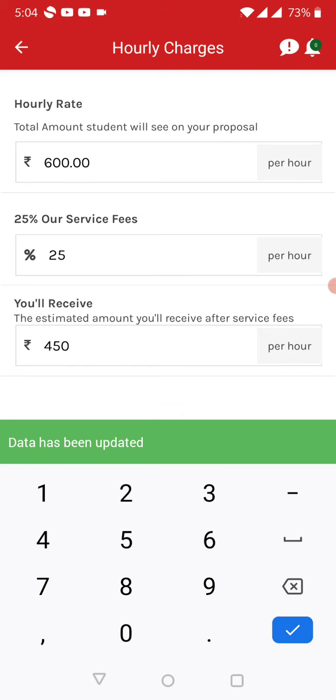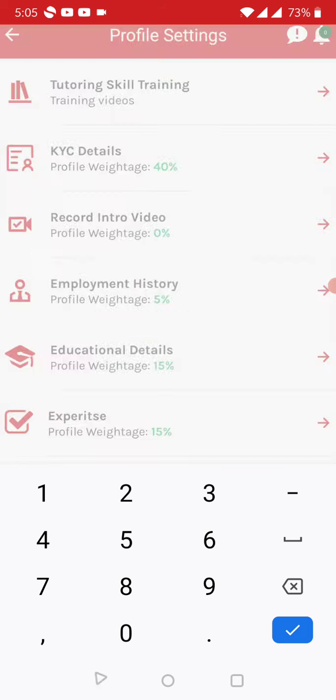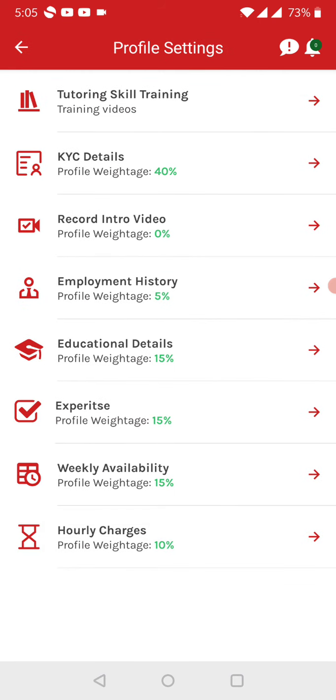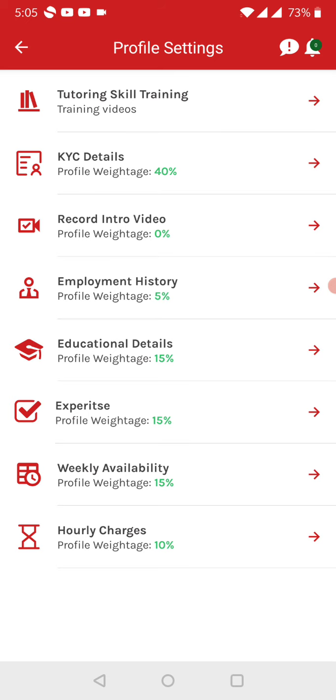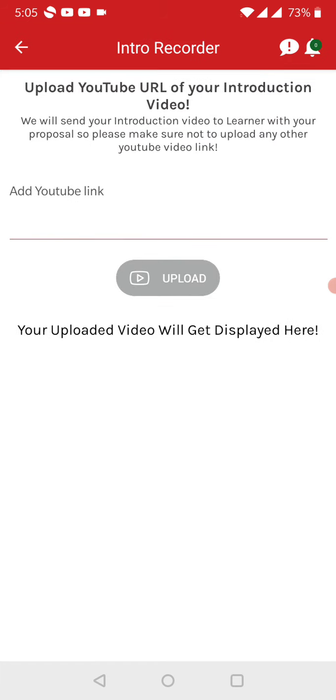And most important thing for this hourly rate, these rates you can change for every student. Whenever you are getting any inquiry, you can change this rate for every student, because every student has a different budget. So you'll be getting the budgets, and as per the budget you can change your rates for every student. So even though you are entering any rate over here, this will not affect your future applications. As of now, you need to enter some budget. We have already selected all the details. Okay, nothing is pending. Here recorded video is pending.